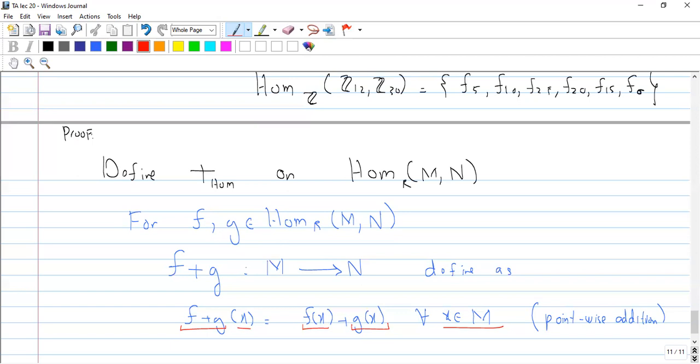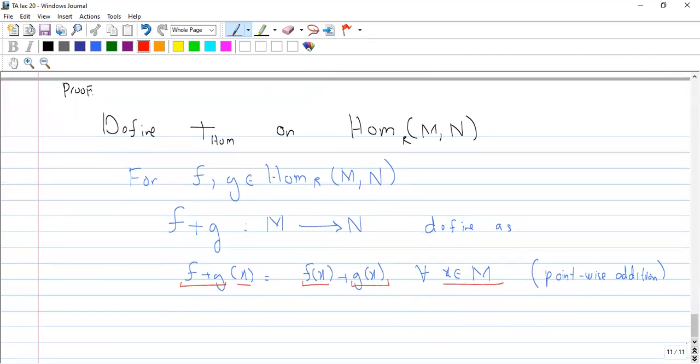So actually to show that this addition is well defined, we need to prove that f plus g भी क्या है? ये जो ऑपरेशन है वेल डिफाइंड ऑपरेशन है। इसका मतलब ये कि जो फंक्शंस को ऐड करूंगा, if we add, तो वो भी होमोमॉर्फिज्म्स होंगे।